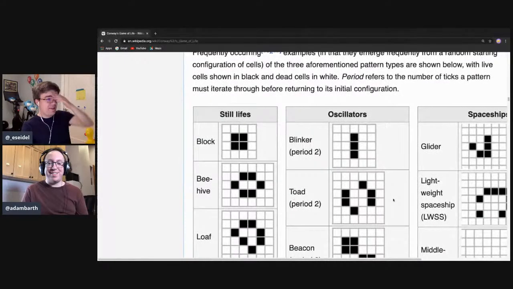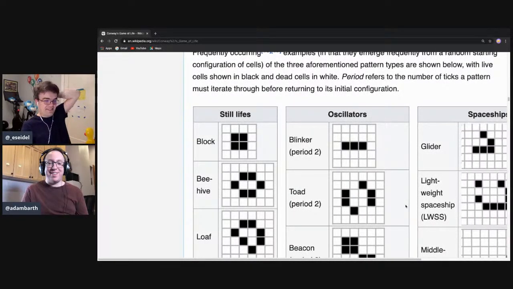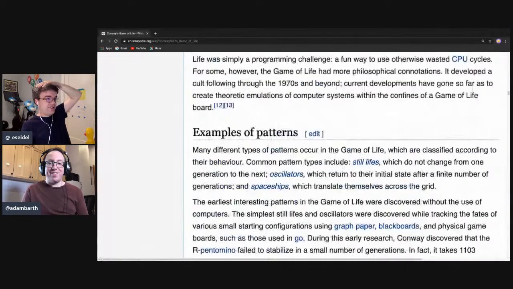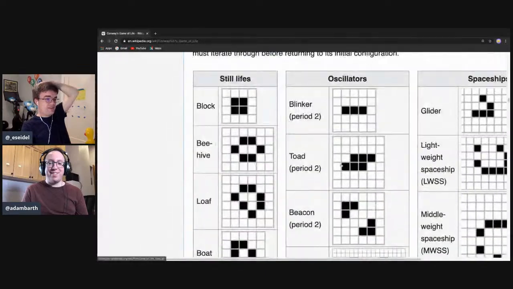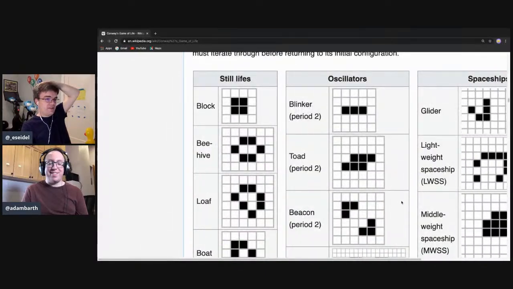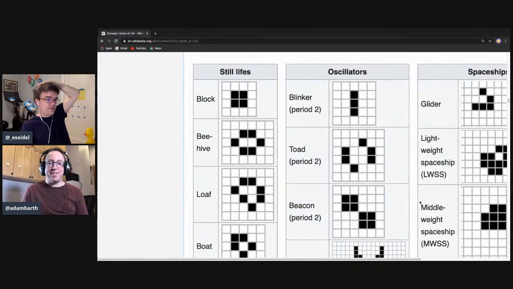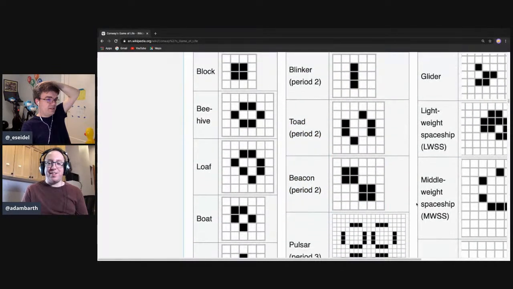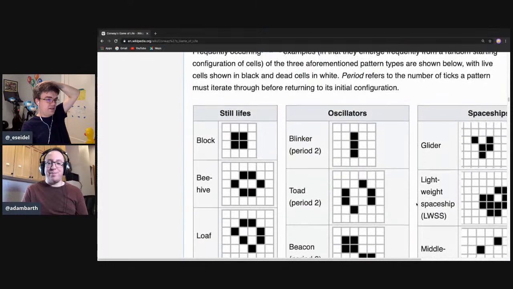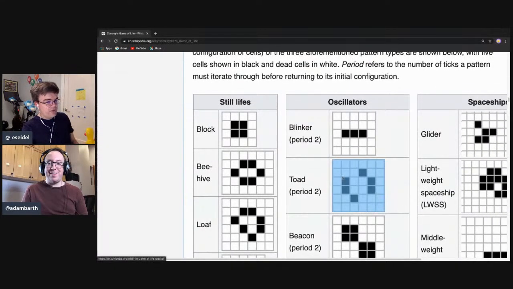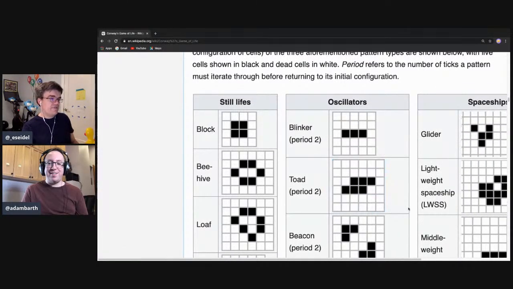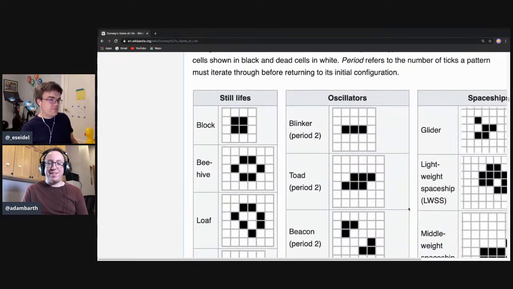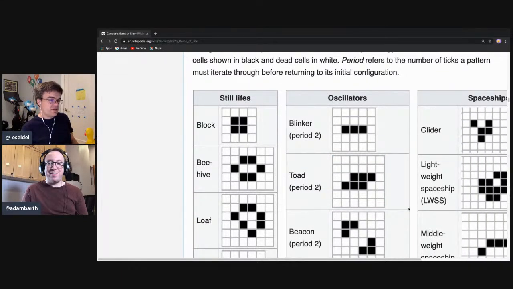I mean, Conway's Game of Life is not the longest algorithm at 3 lines, right? So, okay, should we do something crazier? Yeah, I think we just keep doing it. Like Toad and Beacon and... Let's do Toad. It's a GIF. I should not be surprised. Oh, this looks hard.